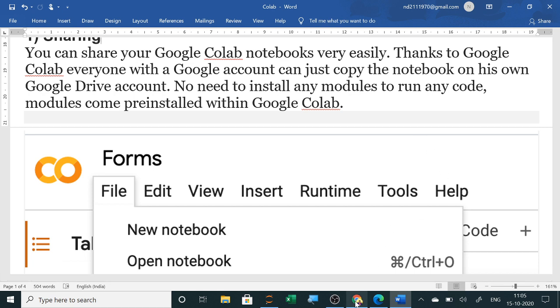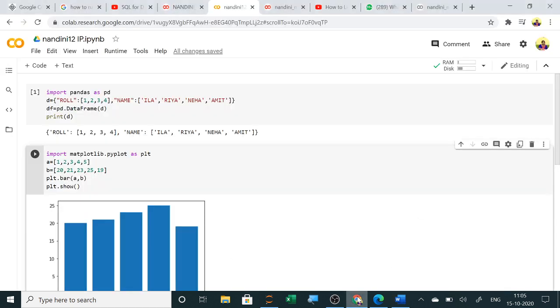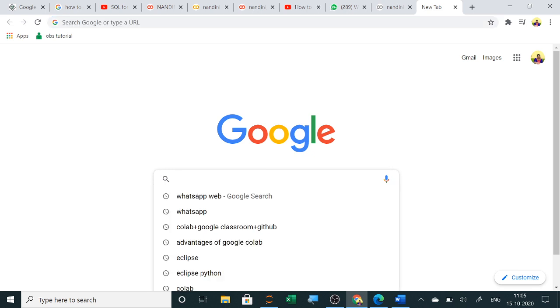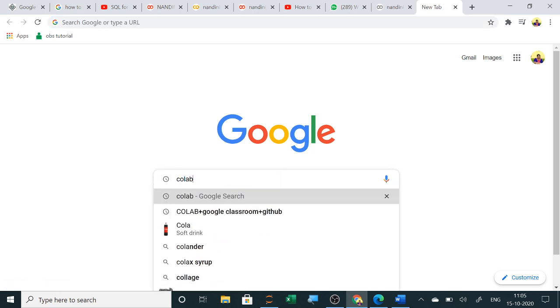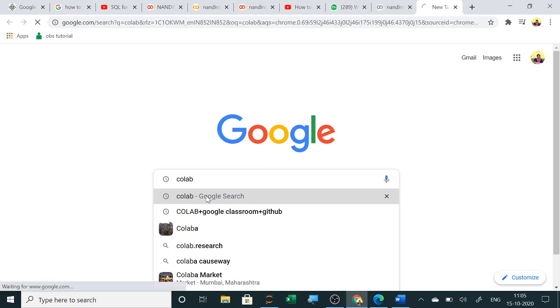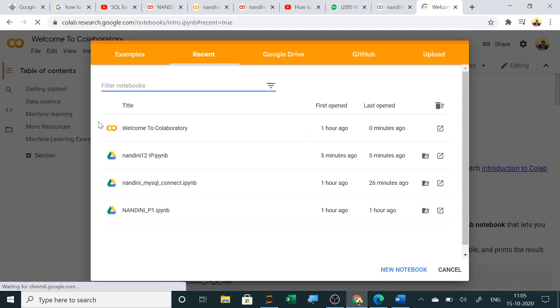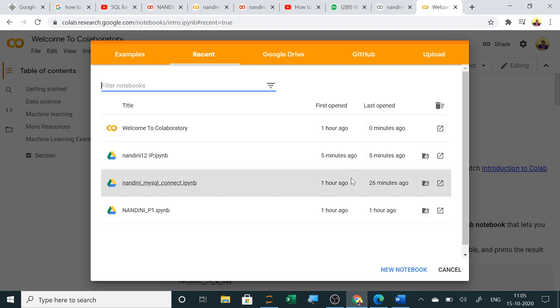Like you can see here, there are so many programs. What you have to do is use any browser, the Google browser, and search for Google Colab. After that, the first option you will select, that is colab.research.google.com. Now in this you can see everything you have saved. So I am clicking here on new notebook. In the new notebook you will simply start with programming, Python programming I will start with.